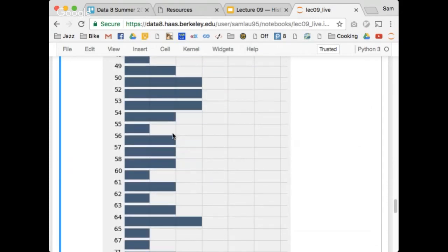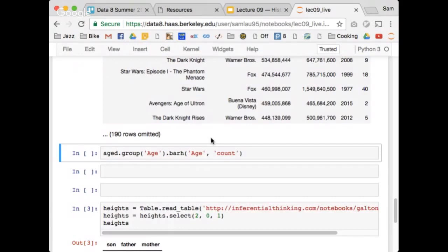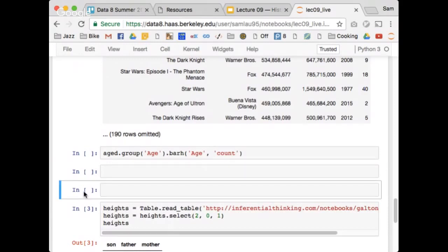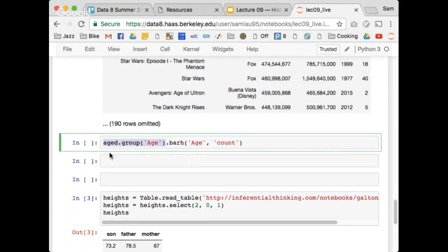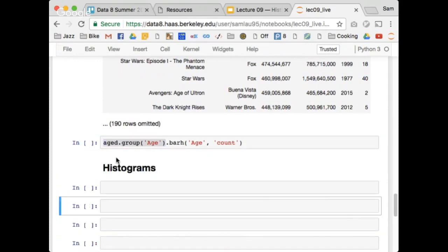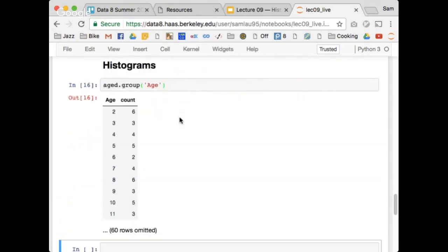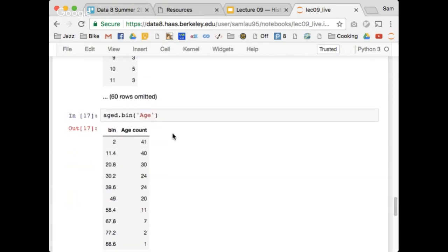Scroll past all of that. You know what? I'm just going to get rid of that. It's too long. Okay? So I'm going to take my age table. Group by age. So now I have the ages. These are individual ages, so let's try to bin them together. To bin things together, all I have to do is call .bin. Okay, so if I call .bin on age, what you see here is a table